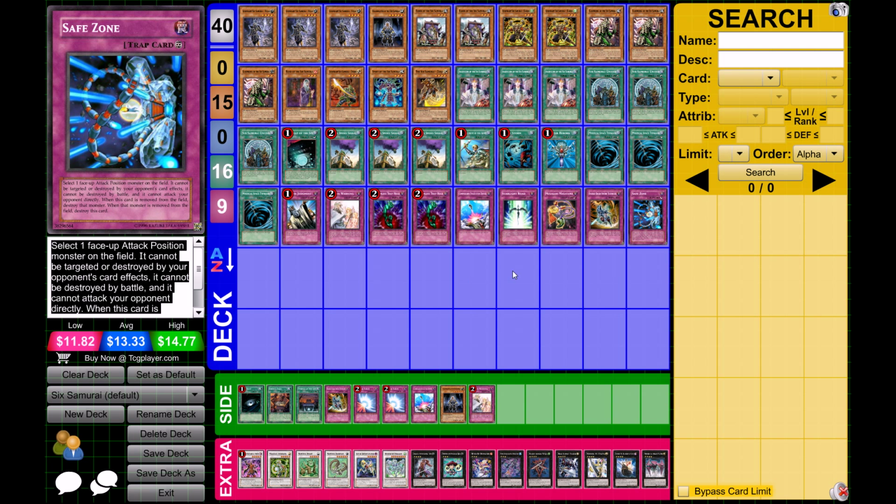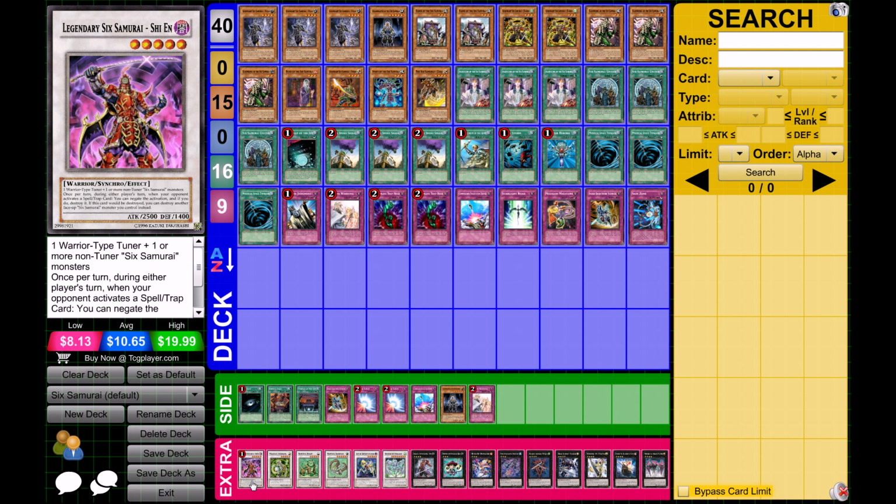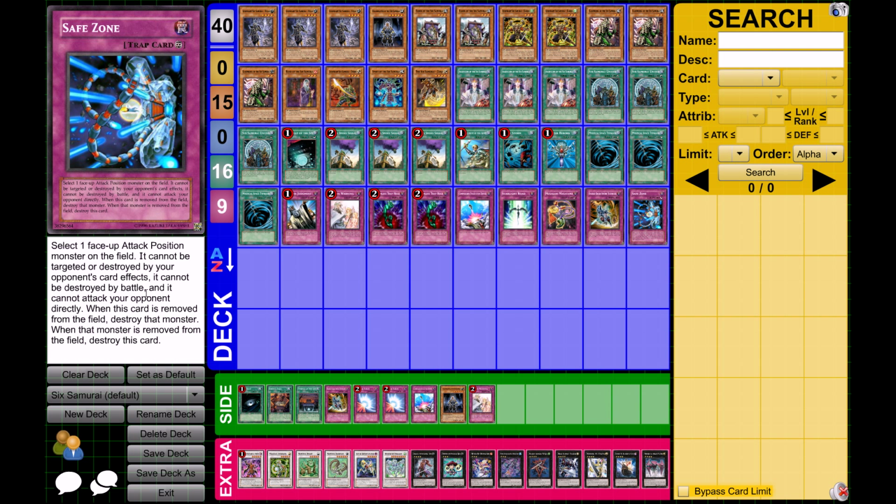Pretty much this card in combination with Shien, almost 95% of the time you're going to win, because once you get the Shien out and you use Safe Zone on Shien, well, Safe Zone says your opponent cannot target or destroy this card by battle, and this card cannot attack directly the monster equipped with Safe Zone. So